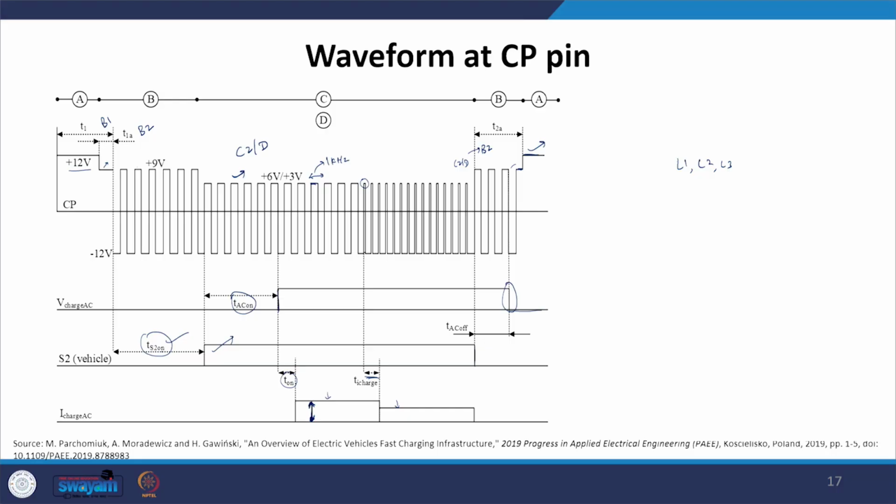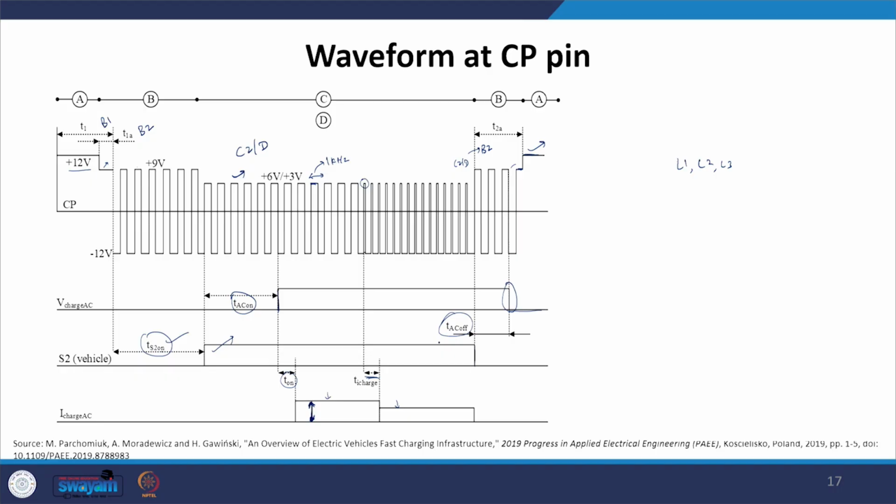That is when the vehicle will come to know, okay, now I have to demand less current, which is less than the new maximum value of current from the EVSE. And then after a certain period of time when the battery gets fully charged, the vehicle's S2 switch will get opened up, and that is when the charging goes from the C2 or D state to B2 state, where the EVSE is ready but the vehicle is not ready.